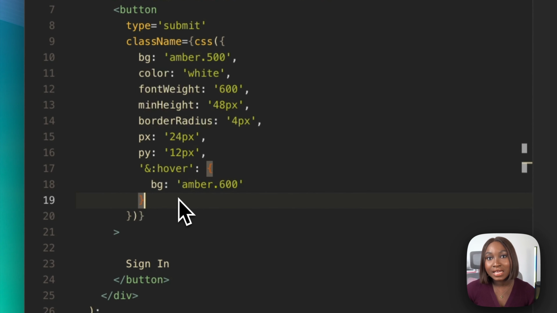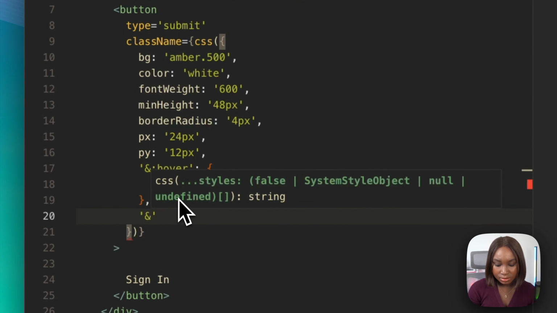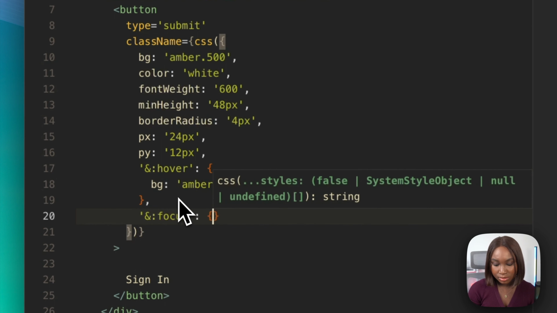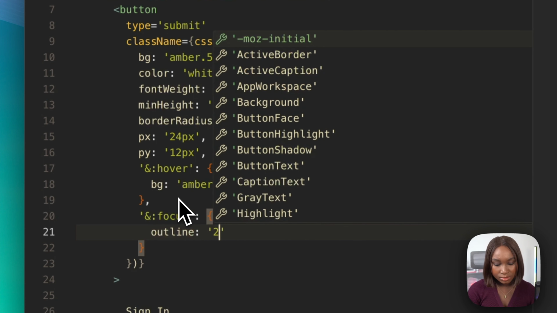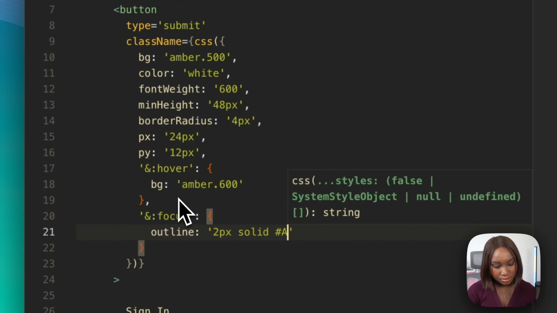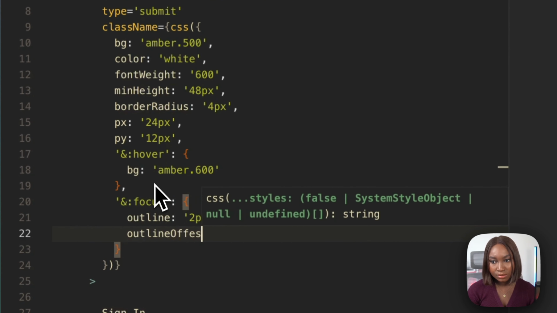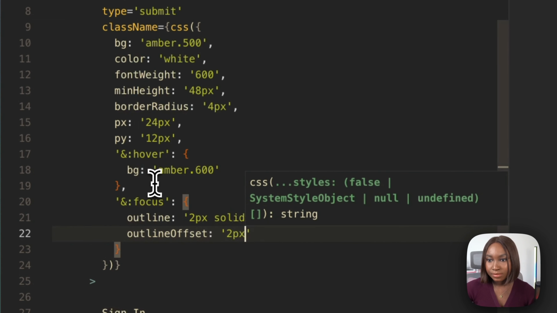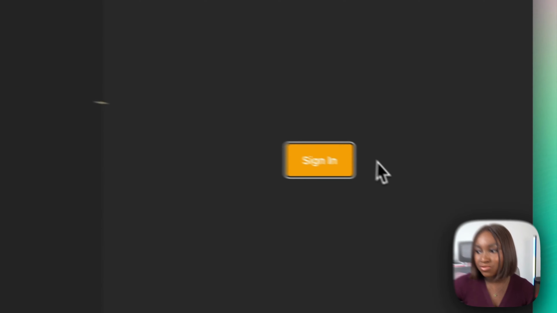And then I can go ahead to add a focus state. Similarly, I'm just gonna do ampersand focus. And this will have an outline style and an outline offset of 2 pixels. So this way, on hover, we notice the background color changes, and then on focus, we notice this really nice